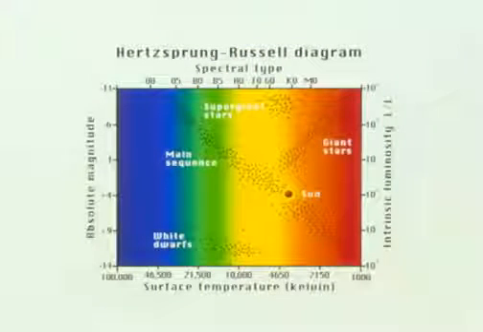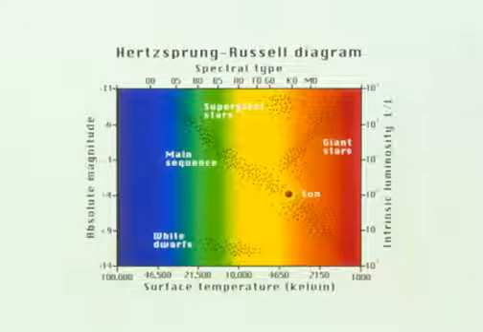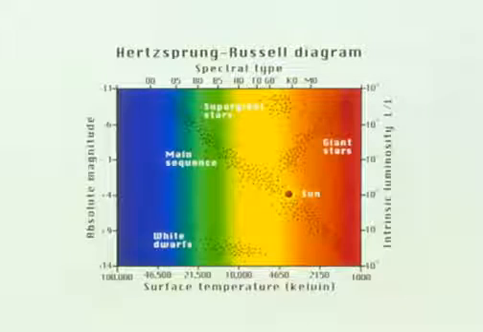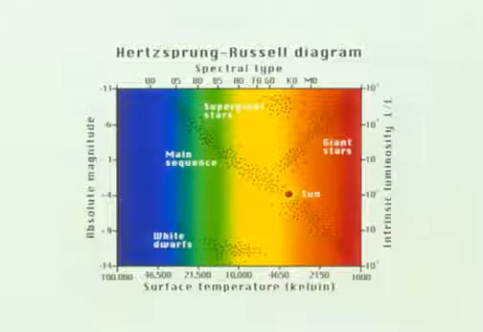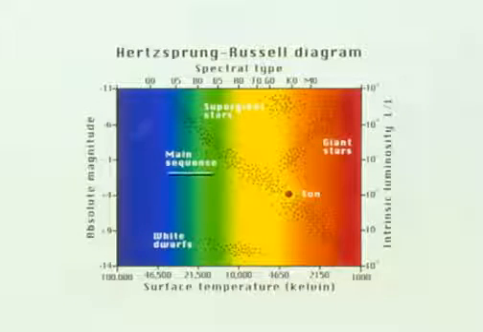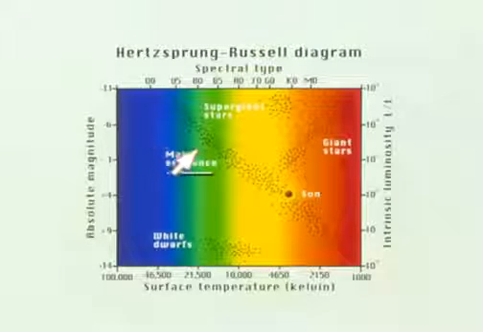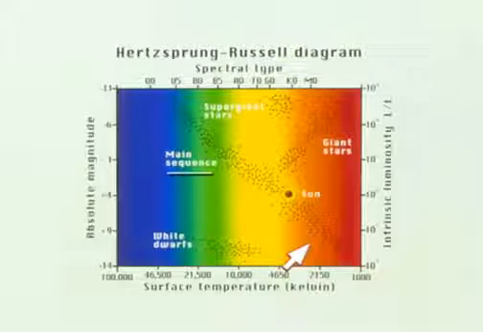If you look at an example of the Hertzsprung-Russell diagram, you'll see that normally brightness is charted on the vertical axis and surface temperature on the horizontal axis. So what this means is that you end up with a ribbon of stars, which is known as the main sequence, which moves from the top left down to the bottom right of the graph. And most stars appear on the so-called main sequence.